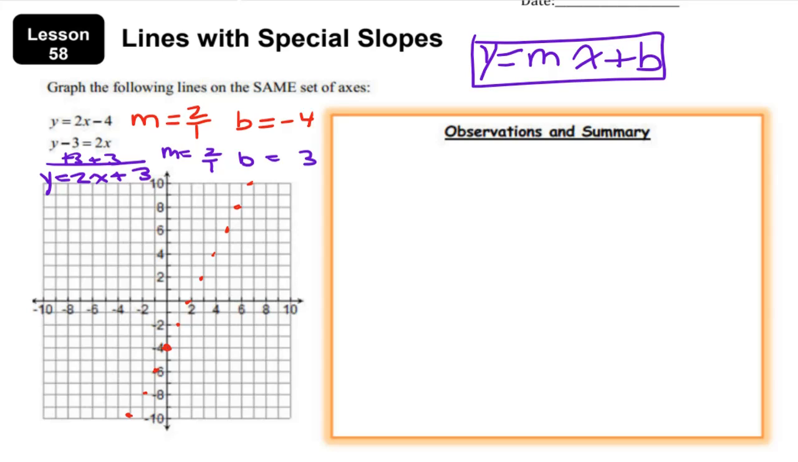My y-intercept is 3, so I'm going to start at +3, and then use the same slope. So I'm going to move up 2 and to the right 1, up 2 and to the right 1, up 2 and to the right 1. And there we go. That's as far as I can go. So it looks like they both have the same